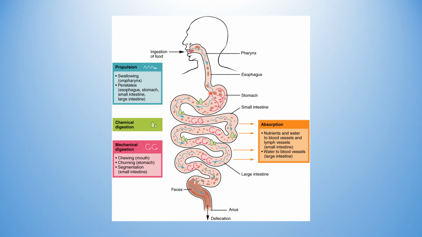In the stomach, carbohydrate digestion begins in the mouth, but it's going to stop in the stomach because of the acidity in the stomach. You will start to have some protein digestion occurring in the stomach. You also have mechanical digestion because the food in the stomach starts churning. May not be the word you want to hear, but basically you have all this muscle contraction going on. You've got 3 layers of muscle in the stomach. It's going to churn, break that food up even smaller, churn it, churn it, churn it,